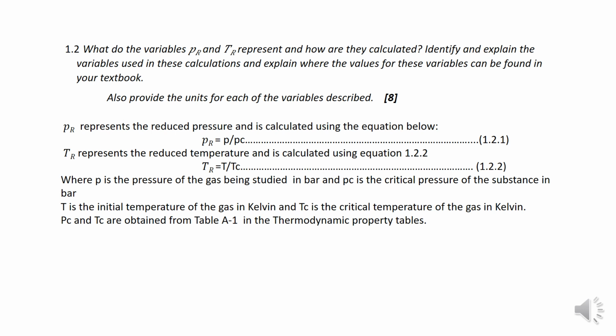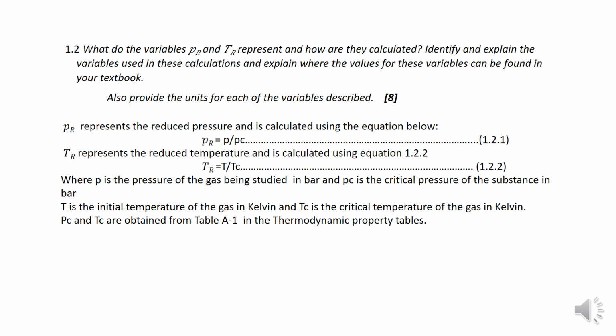PR represents the reduced pressure and is calculated using the equation PR is equal to P over PC, where PR is inversely proportional to PC. PC is the critical pressure of the gas, and P is the pressure of the gas being calculated, both measured in bar or kilopascals. TR represents the reduced temperature and is calculated using TR is equal to T over Tc,